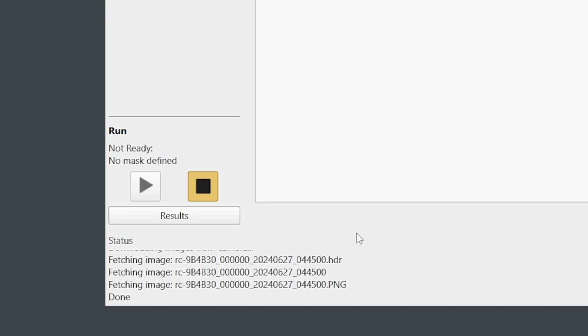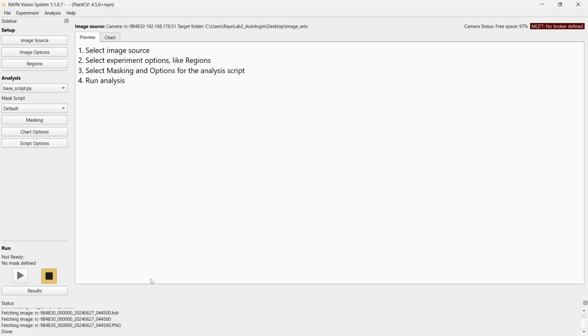Last but not least, there is also the possibility to have a pseudo RGB image, but this depends on the settings of your Rain Vision System camera. So that's why it's downloading 3 different files right here. After download, we can look at it. It's available in the folder, and you probably want to download all of your images and then sort them and process them on your system, because downloading them to analyze all the images takes a while and will make your analysis very slow. There's another option now.